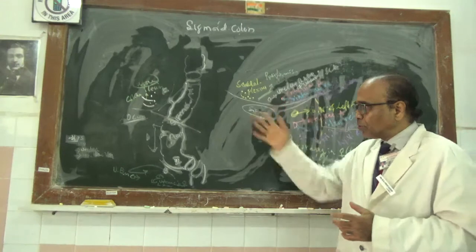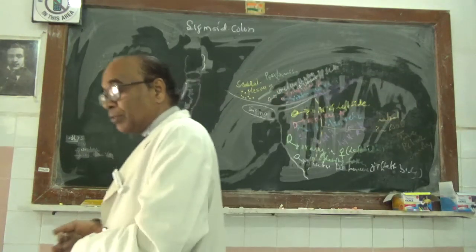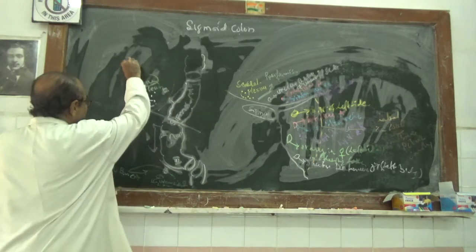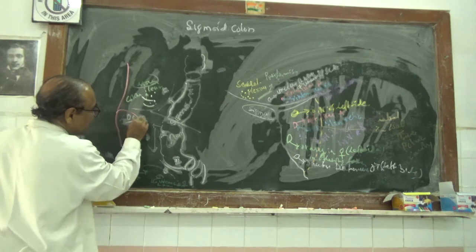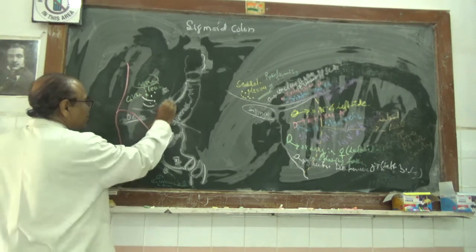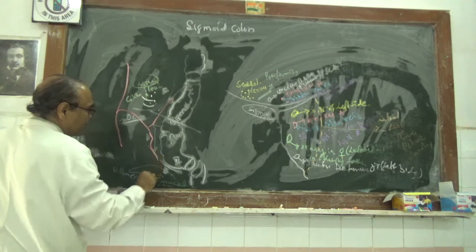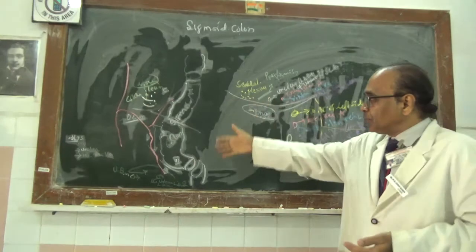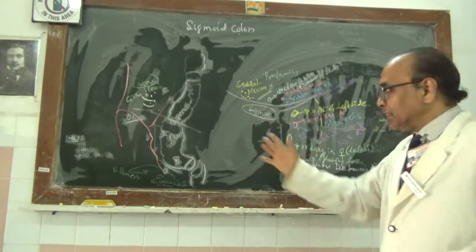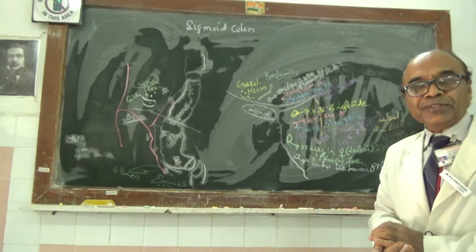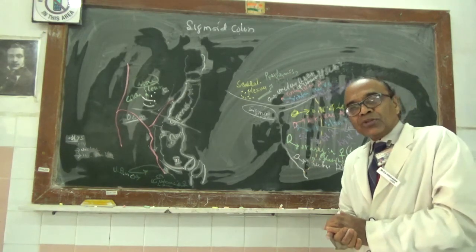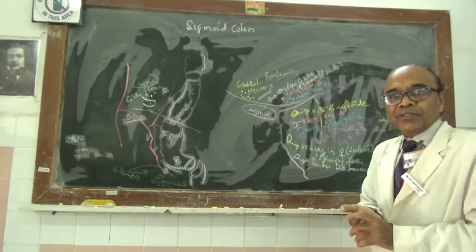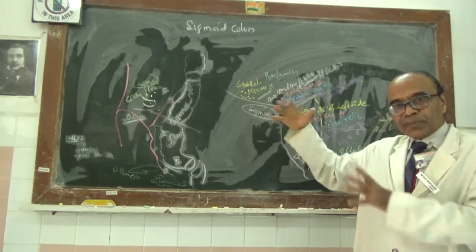Blood supply for the sigmoid colon is by the sigmoid arteries. The sigmoid artery is a branch of the inferior mesenteric artery. The sigmoid artery will have ascending and descending, or superior and inferior, branches. These branches are fine, and they enter by piercing the serous, subserous, outer longitudinal, inner circular, and go to the submucous and then the mucosal layer. So the blood supply is like that.